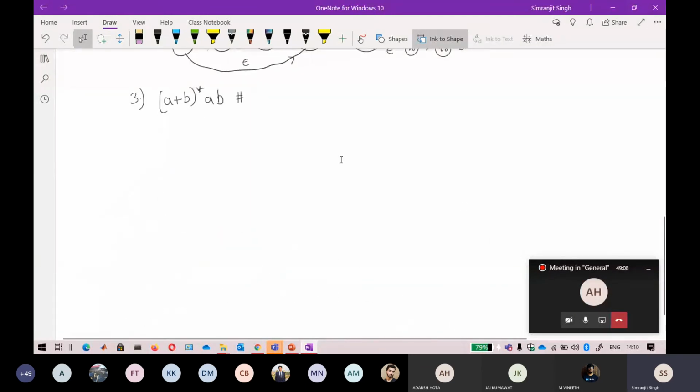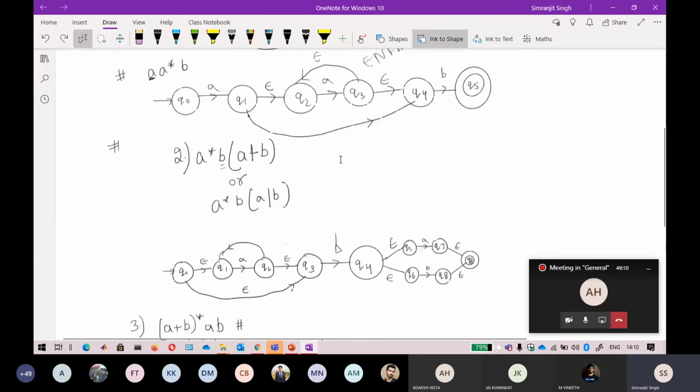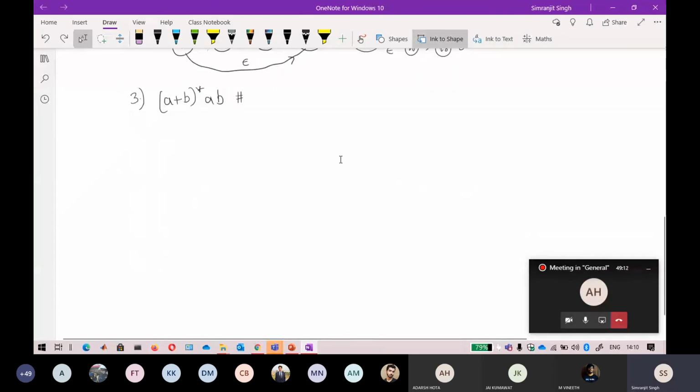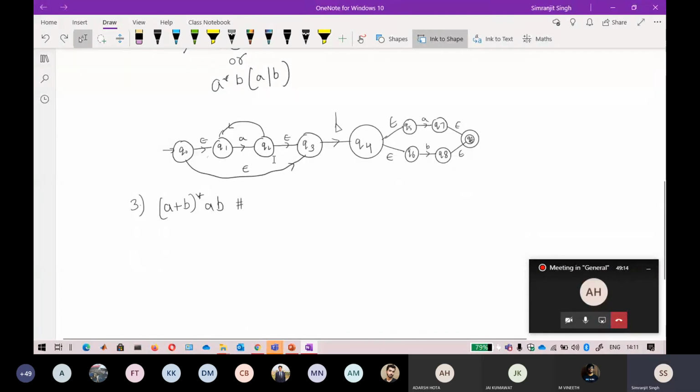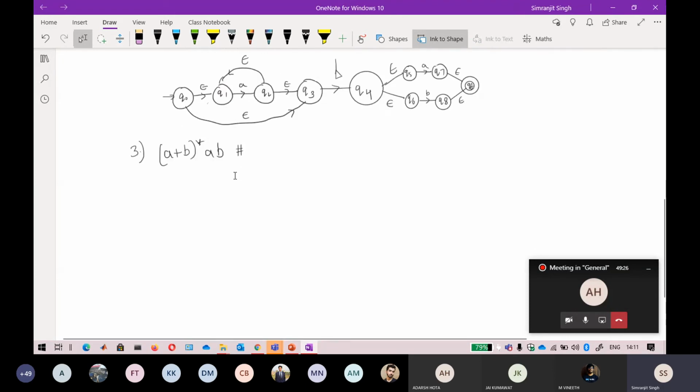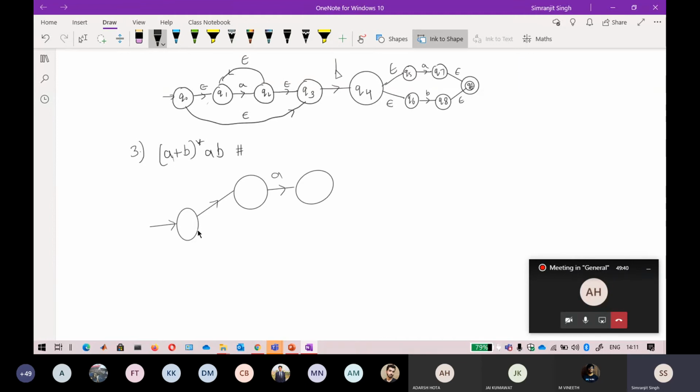If you just extract out, what part of it is representing A star here? When you are able to go back, that part represents your A star. Because this follows the simple BODMAS rule, if you remember, you always solve the bracket first. So I will go for the bracket first. The bracket is very easy if you understand it like this. This is your A, and this is your B.